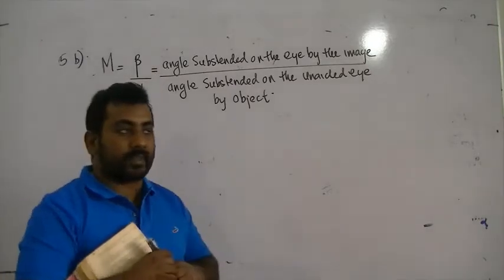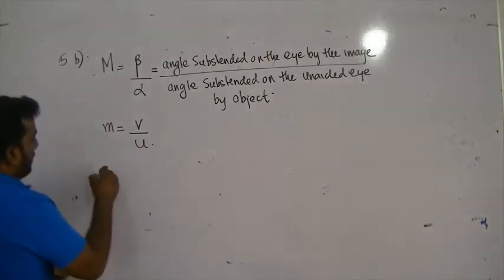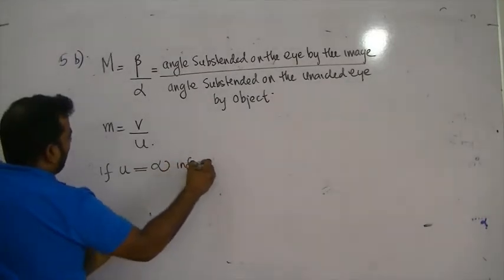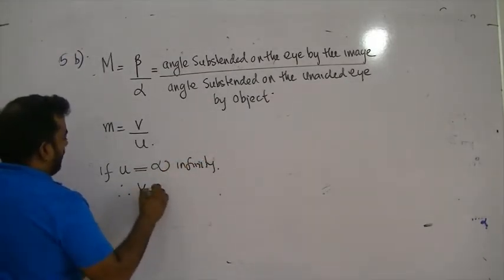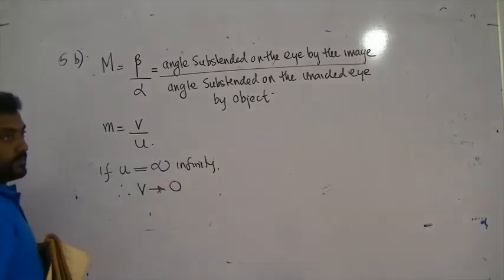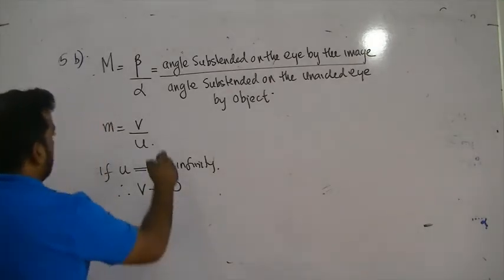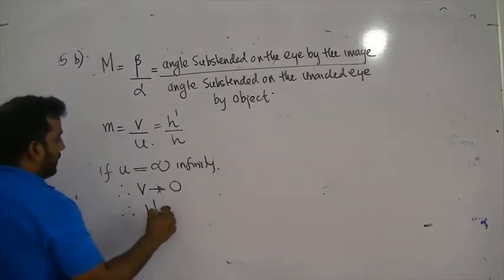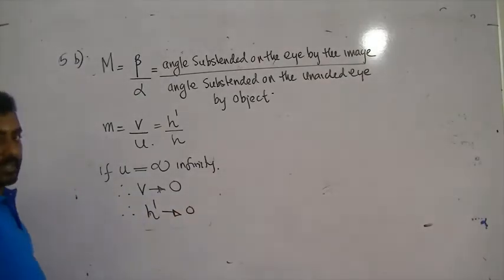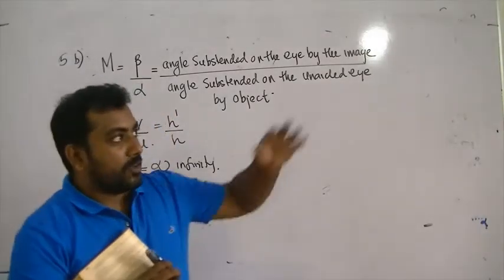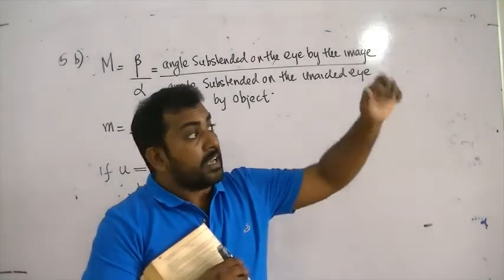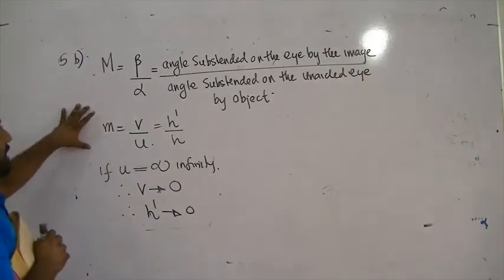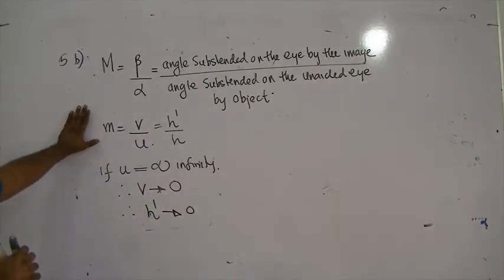Now you have a problem. If the object distance is infinity, therefore the image distance will be what? 0. In other words, therefore the image height will be non-zero. This is not true. Can you see the sun? Yes. Can you see the moon? Yes. Can you see faraway stars? Yes, they are height. Therefore, linear magnification does not completely represent what we see.